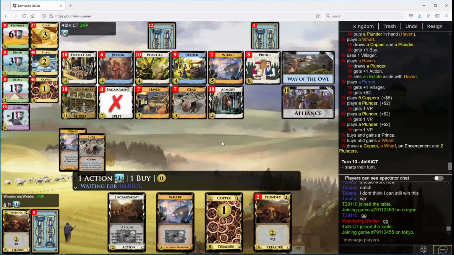So I knew that I had two more Plunders down here, so I risked. Maybe I shouldn't have risked because I'm so far ahead, but also the Prince is probably not needed. I could have just Provinced. I could have done kind of anything really, but